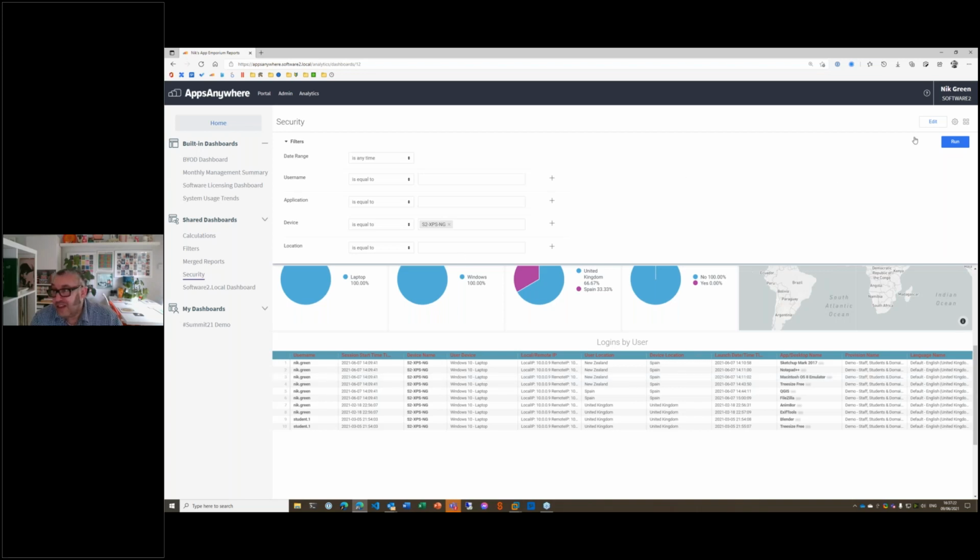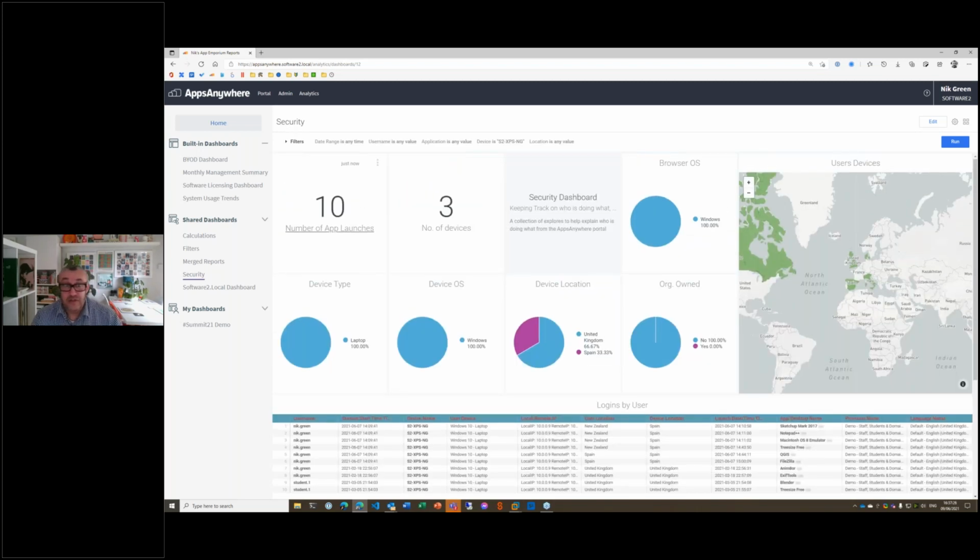So analytics is there for you to use. The built-in reports are just as a guiding note to give you an overview, but really the value for yourselves is to sit down and have a think as to what you need to query, and maybe sketch out the actual notes of what it is you want to pull together, and then sketch out some dashboards and start adding that data to the tables. Okay,